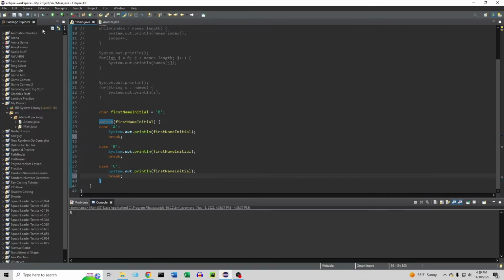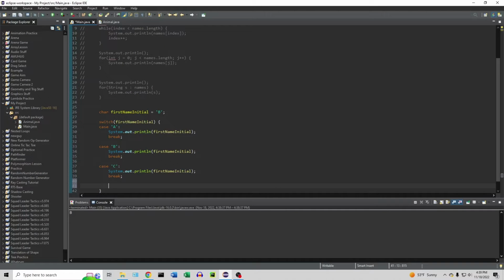All right. Now you might be wondering, hey, that's only A, B, and C. Well, we can do one for each letter here, but that really isn't better than an if statement or a bunch of if statements. I mean, it's slightly easier to read, for sure. It definitely is, but switch statements are good because they can save you some time and some typing. So what we might want to do is